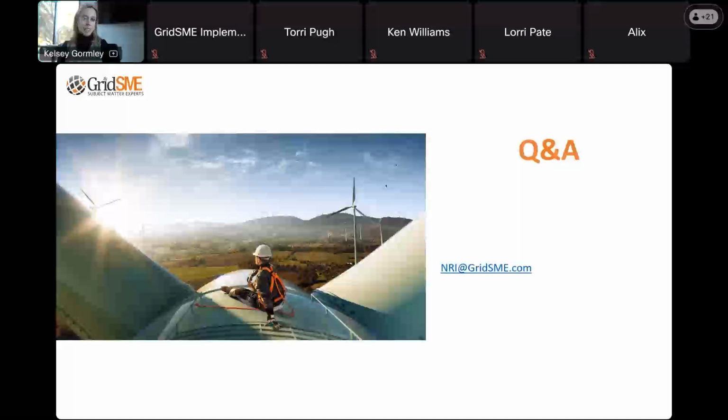Really, this part of the process from a CAISO NRI standpoint is very much dependent on your construction schedule and also dependent on your participating transmission owner schedule. So if those two things are aligned, this goes really smoothly. However, if there are delays on either of those things, a lot of the times we see projects just sitting in test energy and submitting test energy schedules for a long time until those alignments can be made.